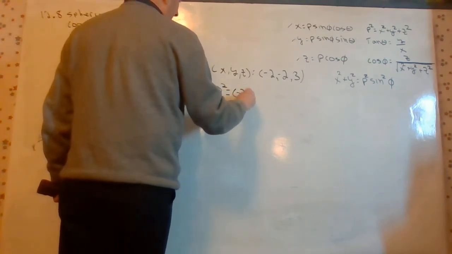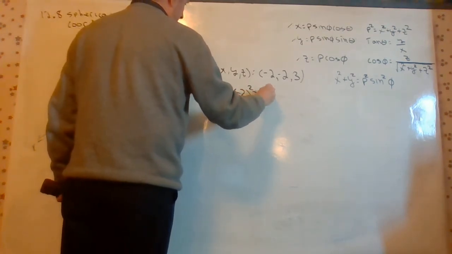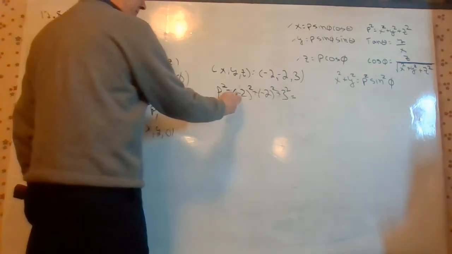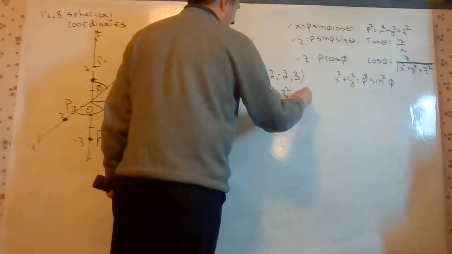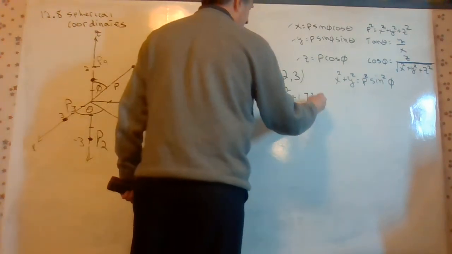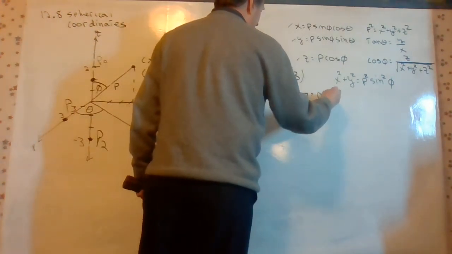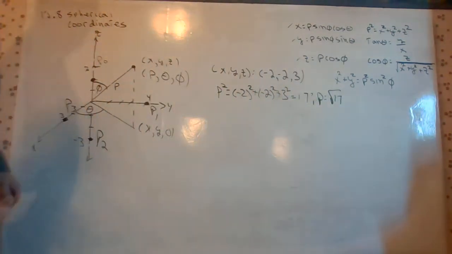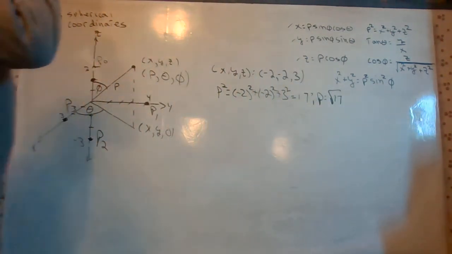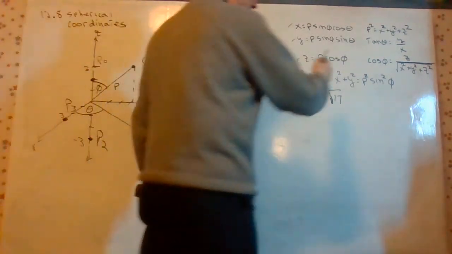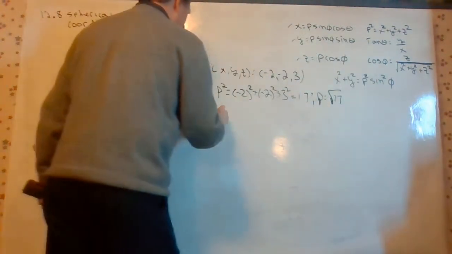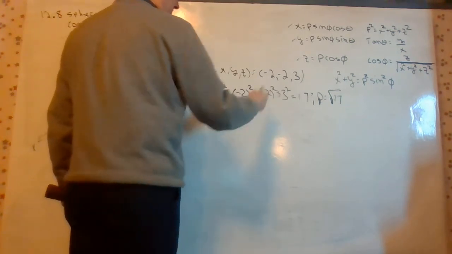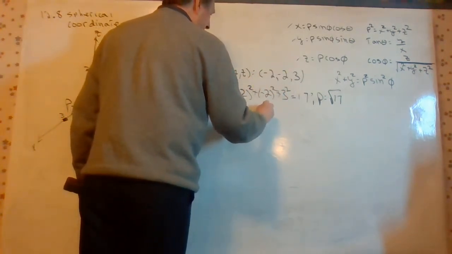Rho squared is -2 squared, so we got 4 and 4 is 8, and 9 is 17. Rho is square root of 17. Rho is generally positive. We'll talk about that in a minute. Tan theta is equal to y over x